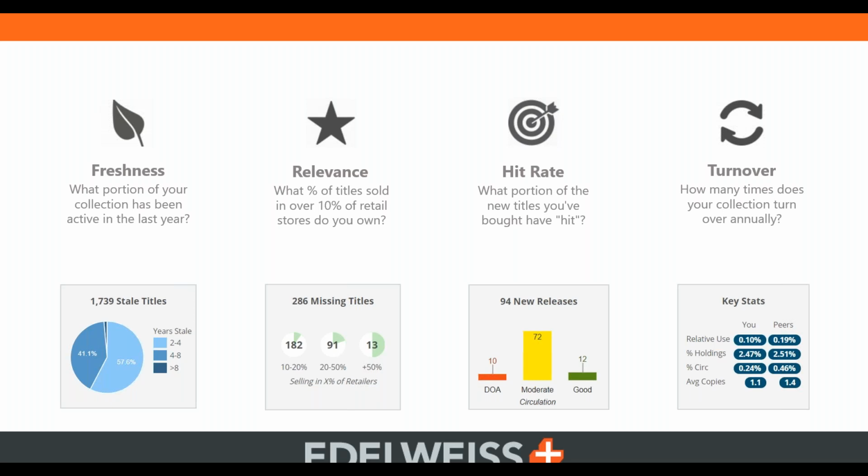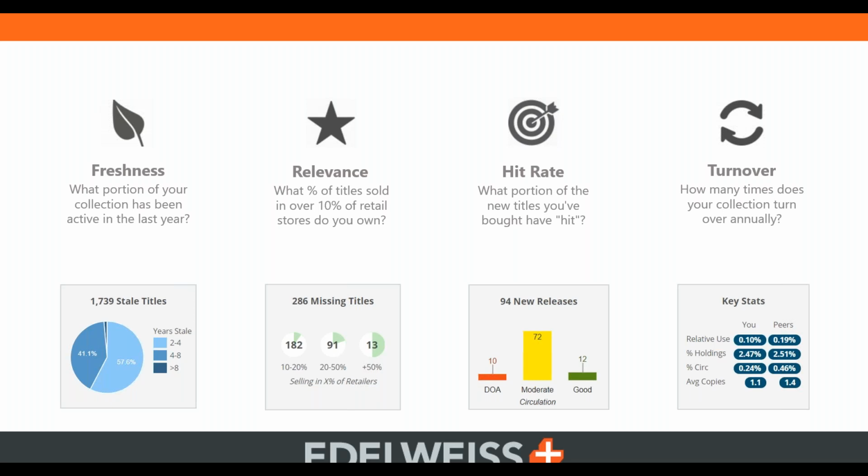Relevance can mean a lot of different things, but in this context it references what Ruth talked about when she was mentioning the other aspect of Basecamp, which is that we bring in daily sales data from about 450 independent bookstores across the country. What we mean by relevance here is what percentage of what's selling in the marketplace actively now do you own? There are other measures. This doesn't take into account local, which is obviously important, but the idea behind this is don't miss the easy ones, or even slightly harder, because this isn't just the New York Times bestseller list, but it looks at anything that's been selling in over 10% of the retail